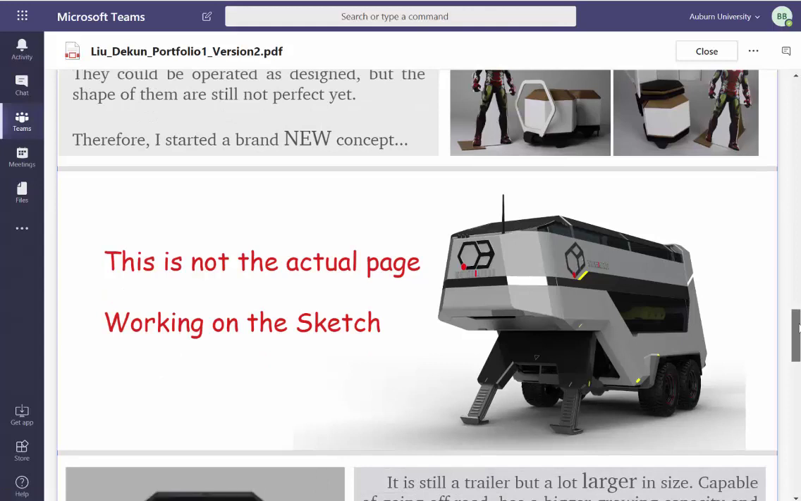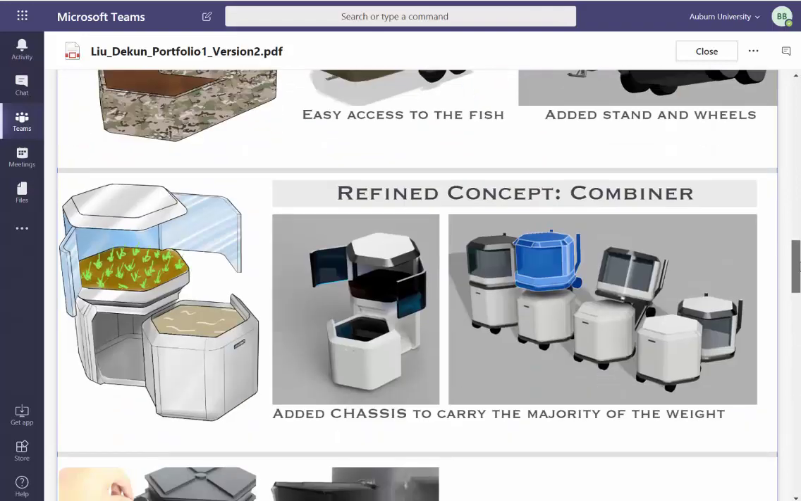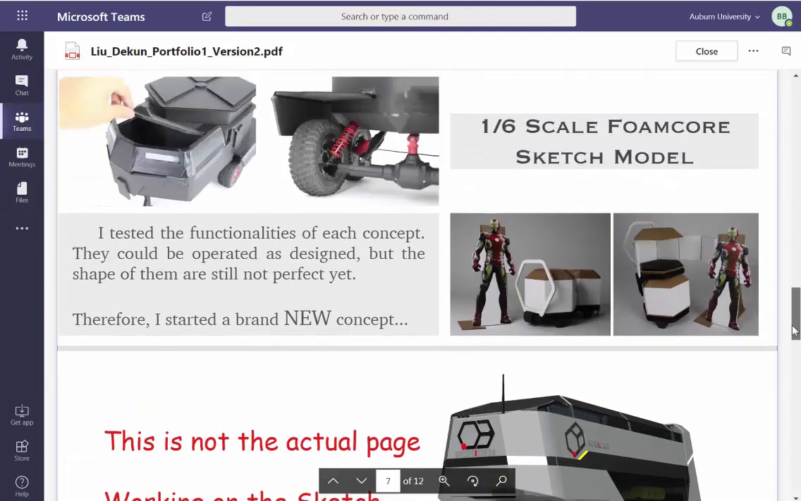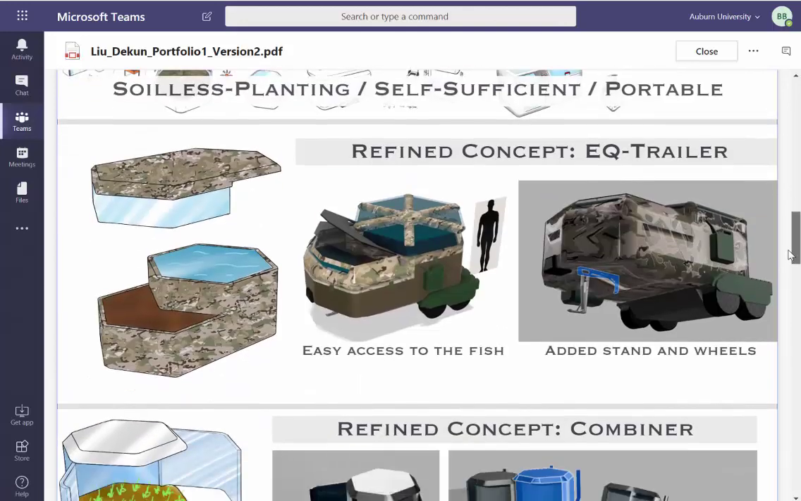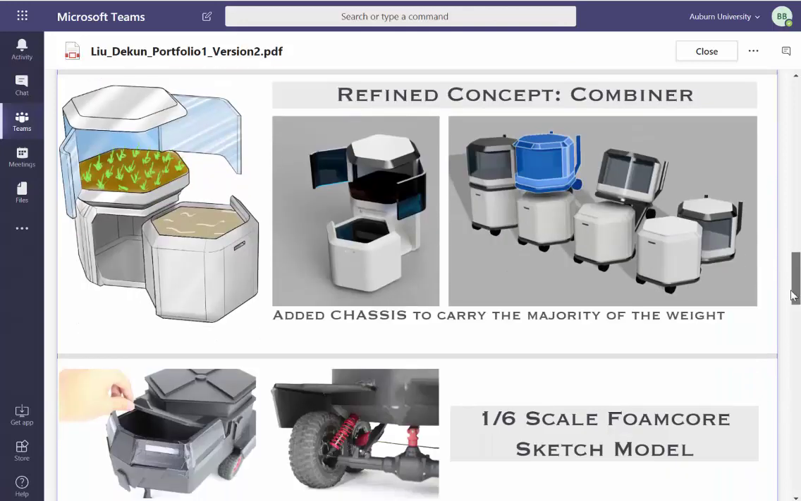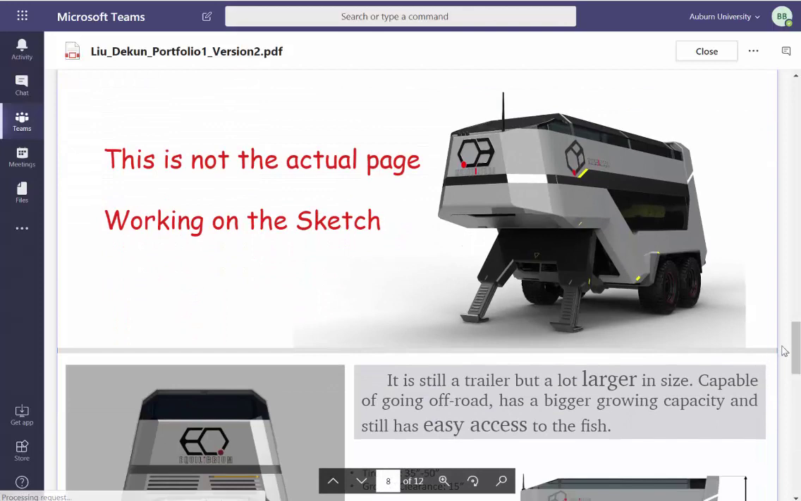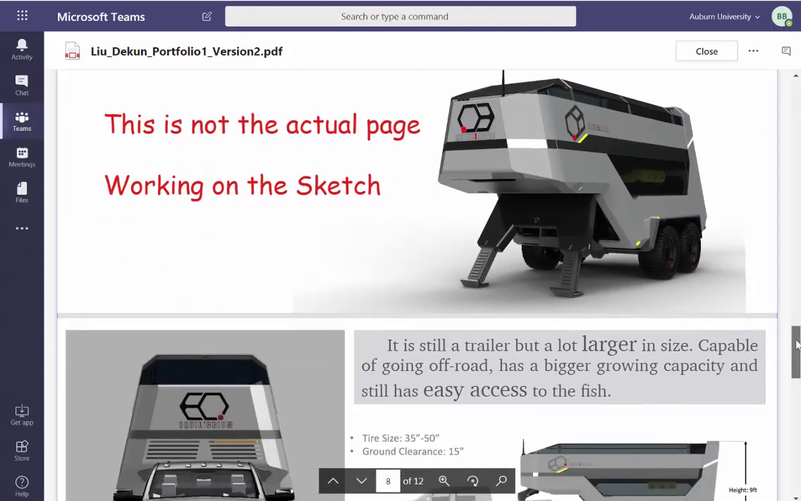Working on sketch. At this point, because you've gone through all this development, this can be your final one. I'm not really sure if you need to go back into sketching. I just need to know why this one is an insufficient concept, why this one is an insufficient concept, and why you're deciding to go with this overland trailer. It is very cool looking, but then